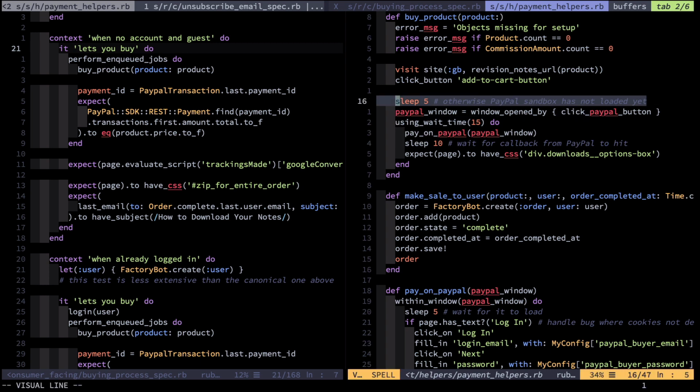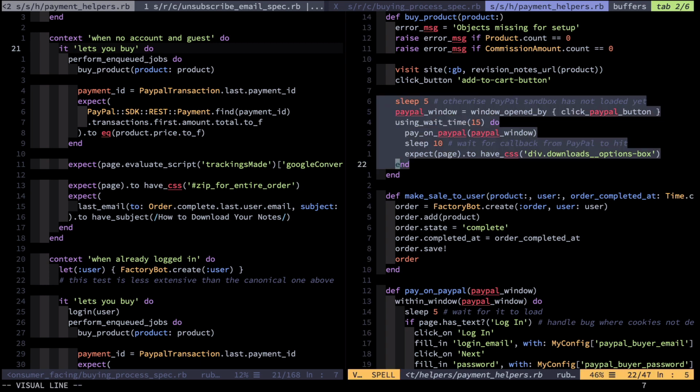I literally test against the PayPal window that gets popped up. This is controversial in that I'm testing someone else's code, a third-party vendor, but the advantage is that I get to issue refunds against the Sandbox PayPal API and transfer payments to sellers and all that kind of thing. And it gives me a hell of a lot of confidence that everything is working as it should.